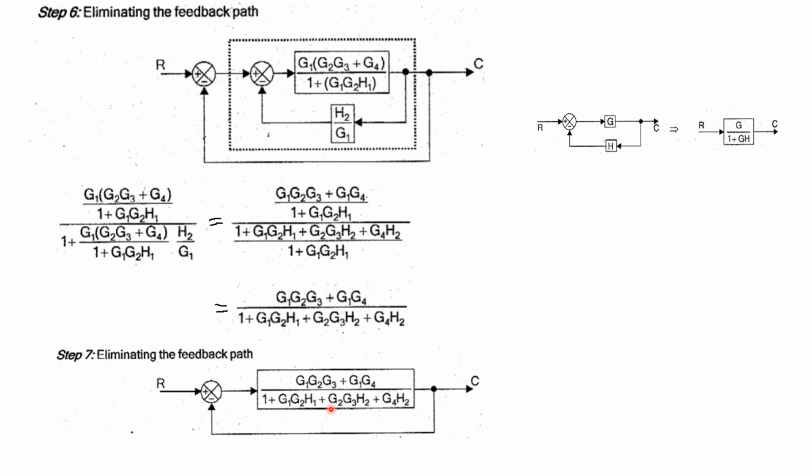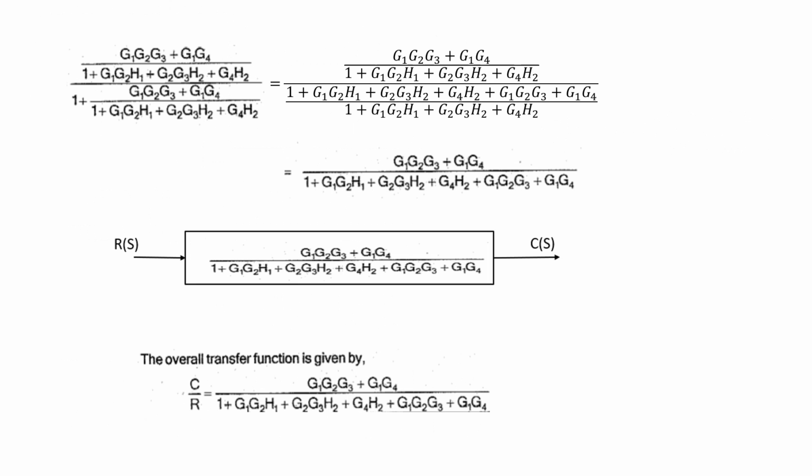Okay, so further how will you reduce this block? That is, this is a negative feedback. Now we can apply the formula for negative feedback. This is the formula for negative feedback, isn't it? So here, when we are applying the formula for negative feedback, forward path gain divided by 1 plus forward path gain into feedback gain. Feedback gain here is 1. Okay. So now here it will be forward path gain divided by 1 plus forward path gain into feedback gain,